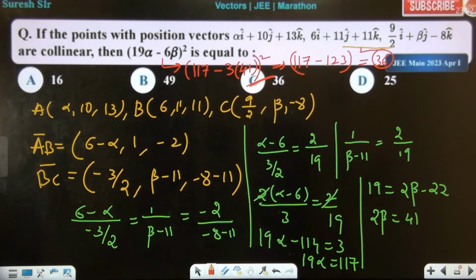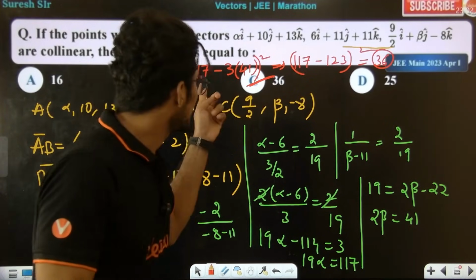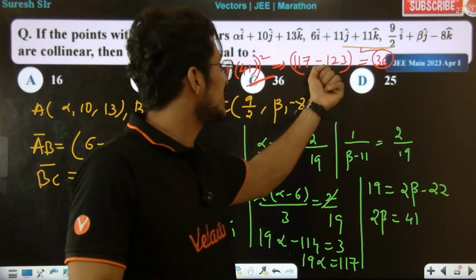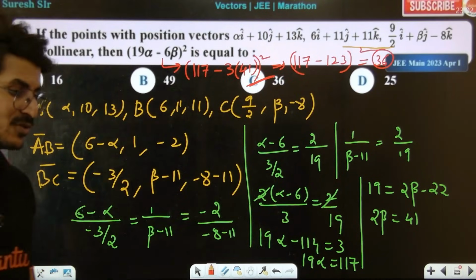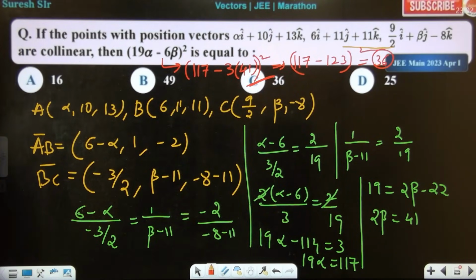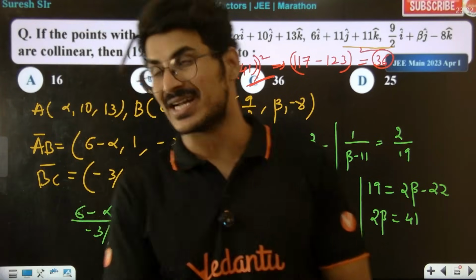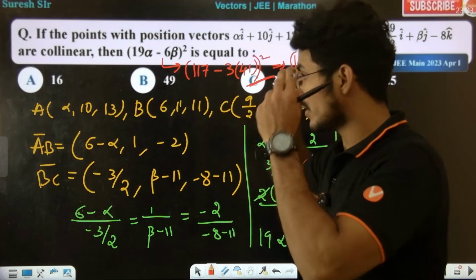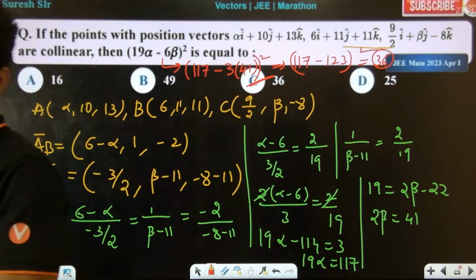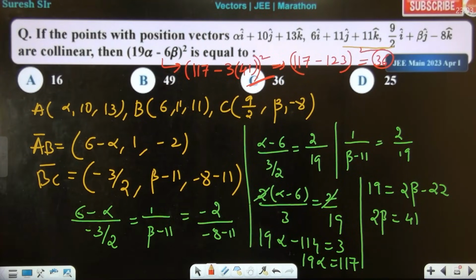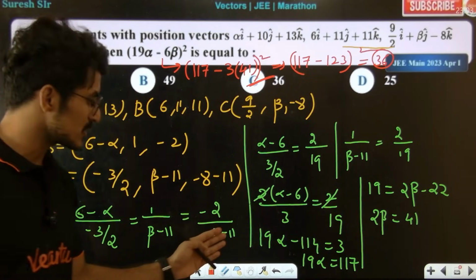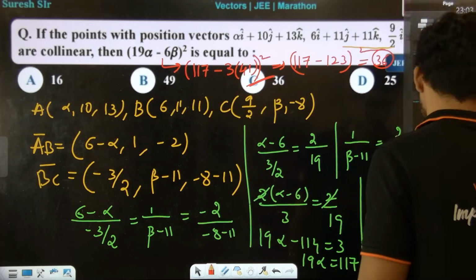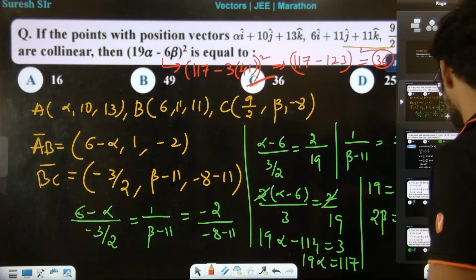Any doubts? 117 minus 3 into 41, which is minus 123. Minus 6 whole square is 36. Very simple. The coefficients are proportionally equal when two vectors are collinear. That concept I used. I got 19 alpha and 2 beta, so 36 will be the right answer. Any doubts? Yes, sir. So next,